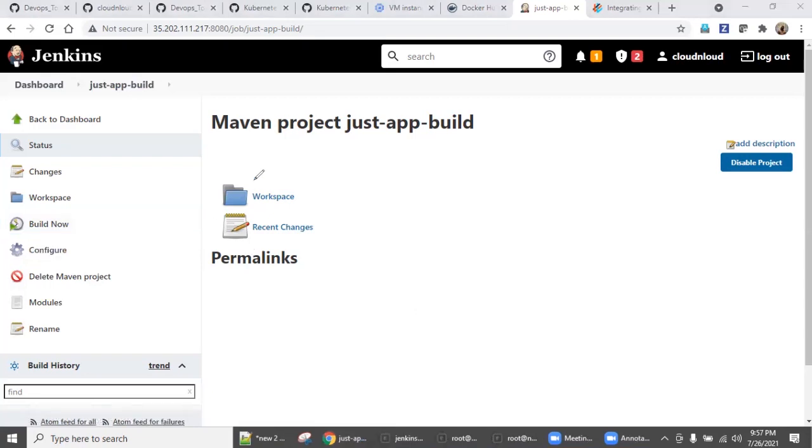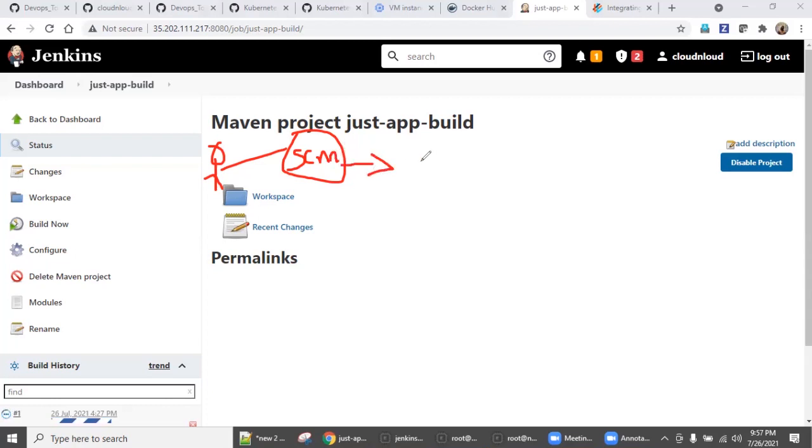I'm a developer. I created a code and pushed it to my SCM, source code management, right? So source code management is configured with my CI server, Jenkins. So it's detecting the changes, started compile and build, and then the war file is getting created. This is the first step. We need to prove it.